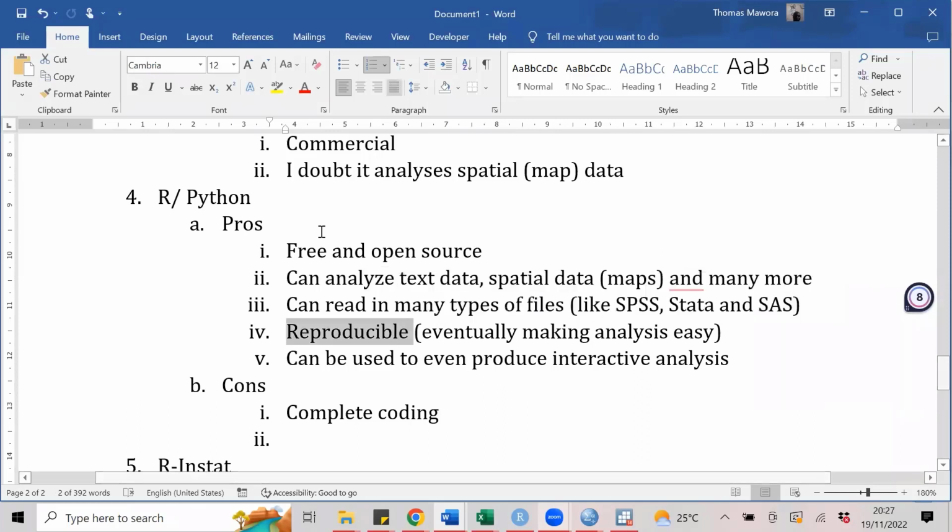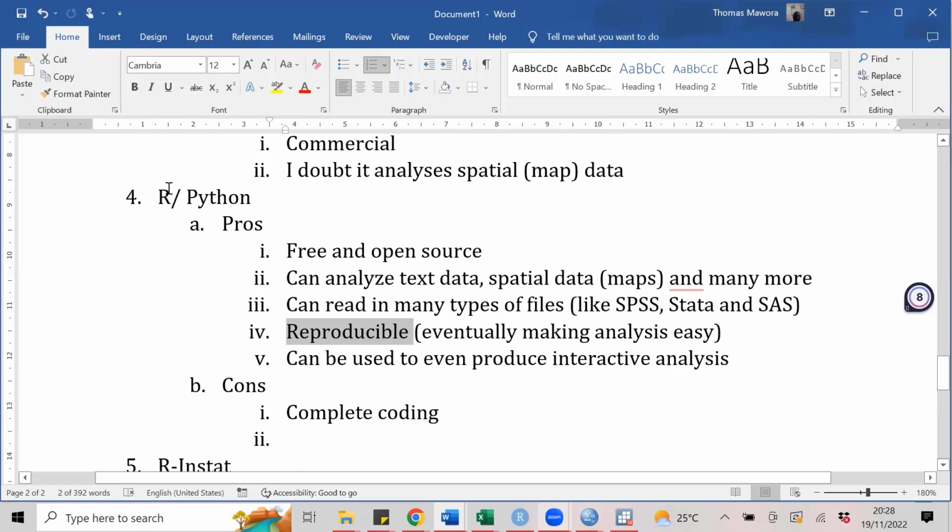And of course, for all of them, you will notice I keep talking about getting the codes. Once you have the codes, that means you can do reproducible work. And when you can write the codes and you want to redo the work again, you can basically generate the report in a span of like a minute. And this makes the work easy, as opposed to if you're always using the menu, because if you use the menu and you don't save the code, if you lose that report, it means you have to redo all the analysis and it's not easy, okay?